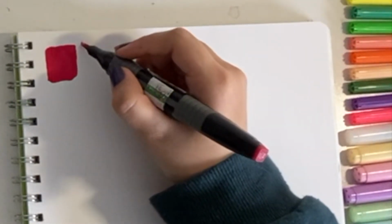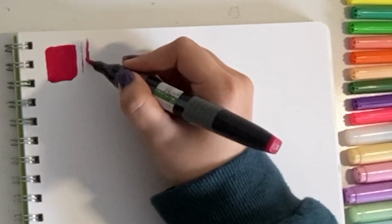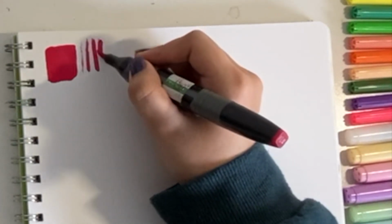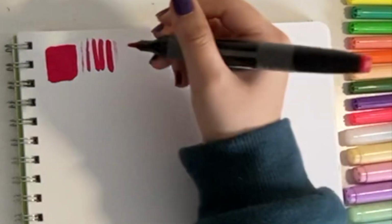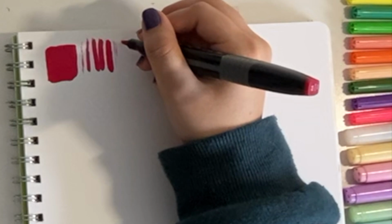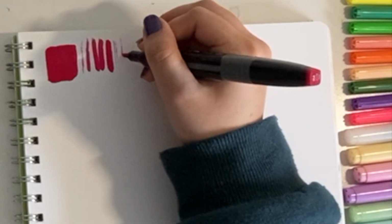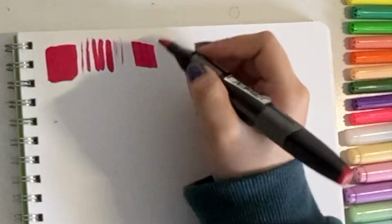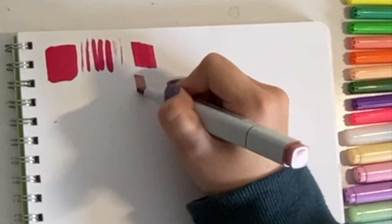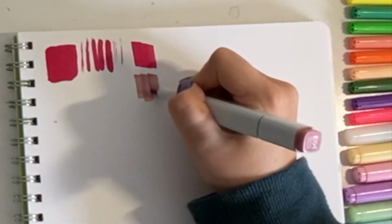What we're gonna do is go as thin as we can. Oh, that's where it goes bad though. Look. If I want to go very thin, like when you want to do a little bit of line work around something with a color, it will put very uneven lines. Chisel tip is very good. I find that this is a very nice consistency for color. So the chisel tip of this is a very faded version, but